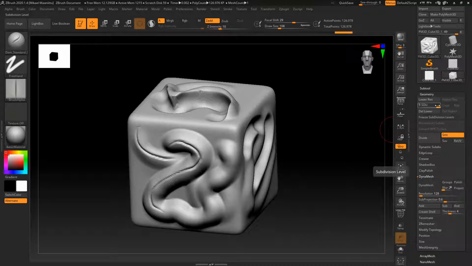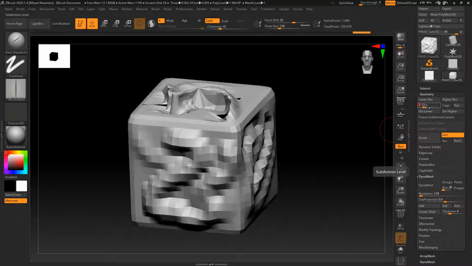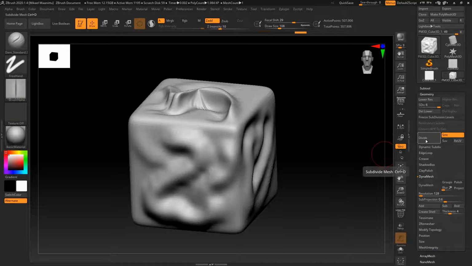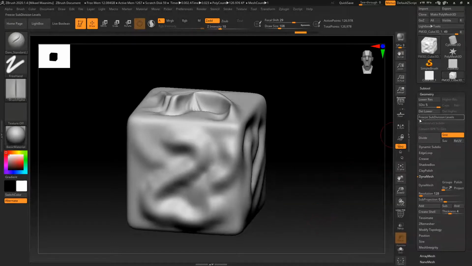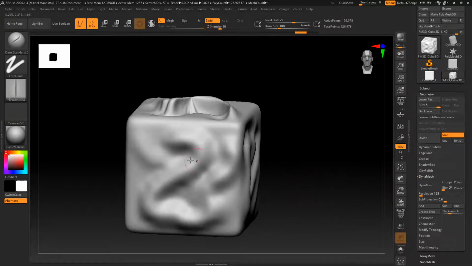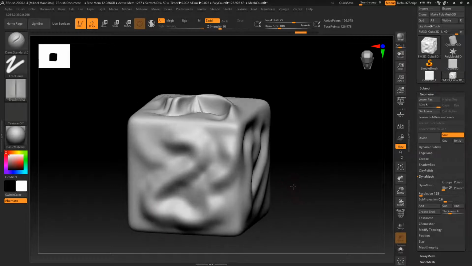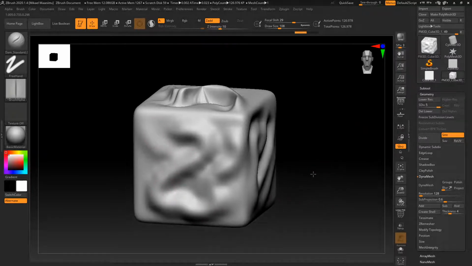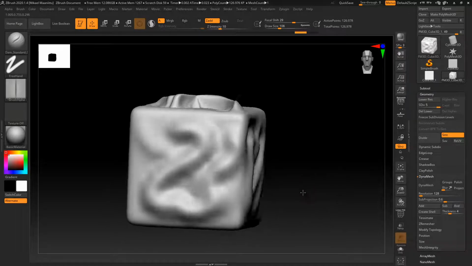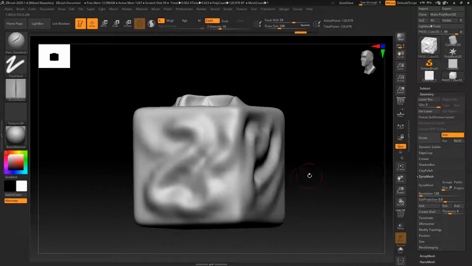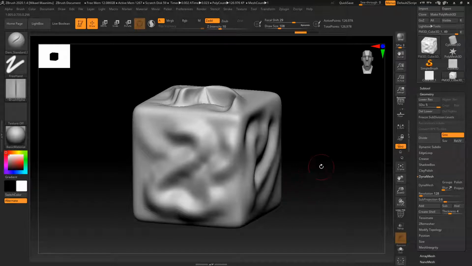So let's go to the subdivision level 2 again and Del Higher, and now if we divide back to the 5th subdivision level, we can again see that the finer details that we sculpted to the higher subdivision levels, they disappeared. So this is very good to know, because it also means that if we go back to the